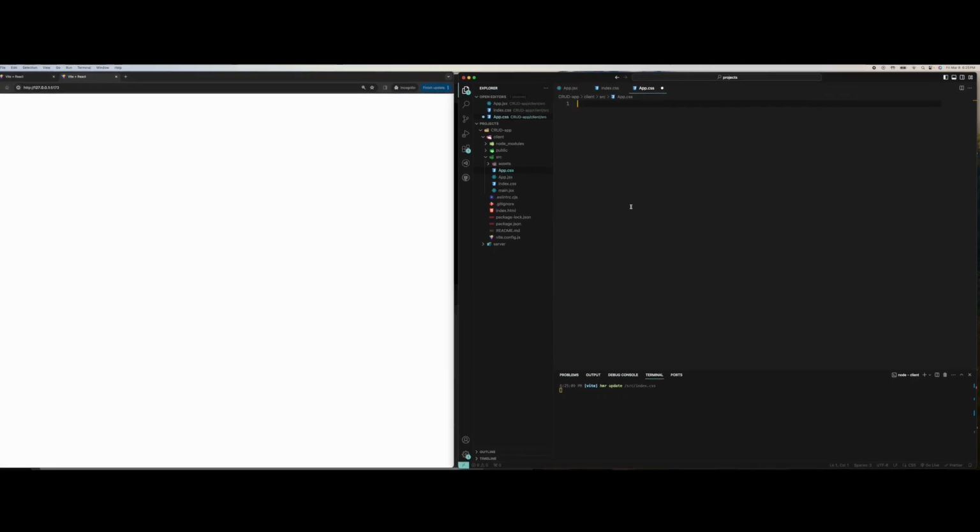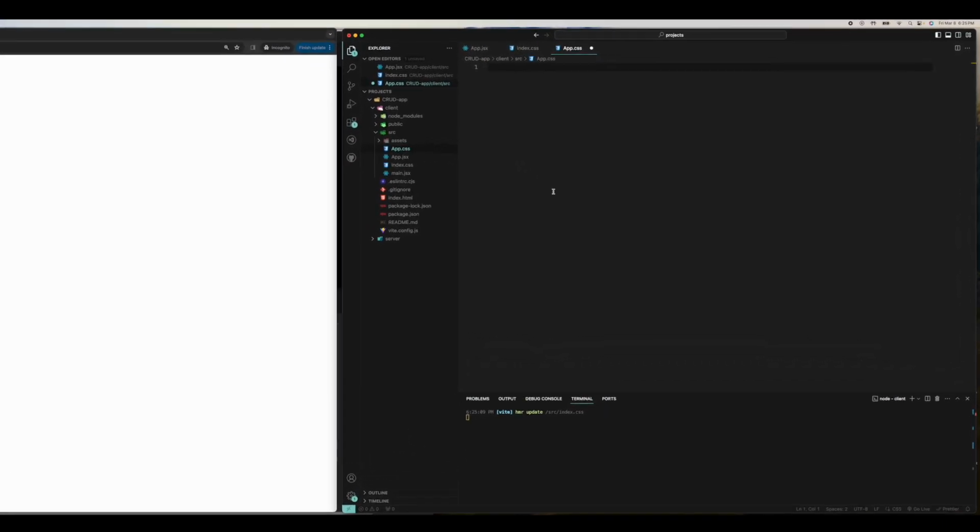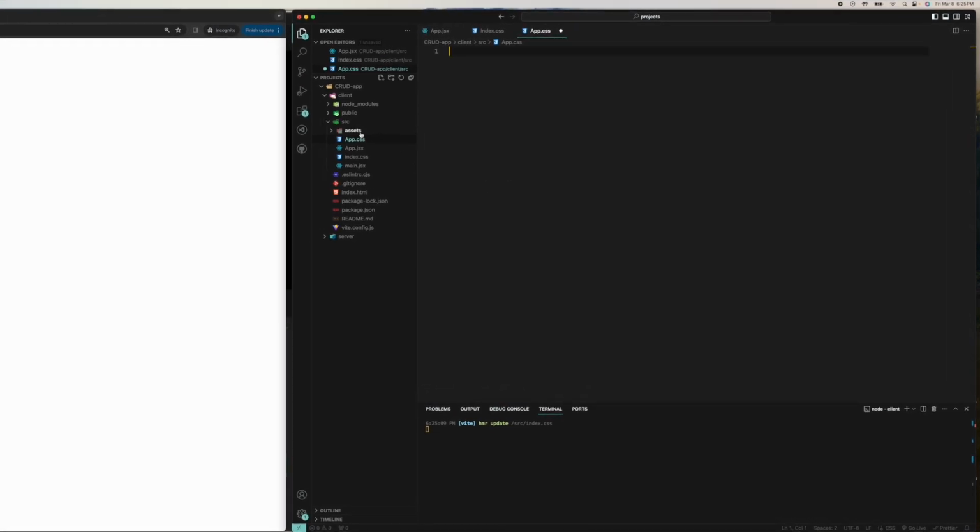All right, so we're going to start off by creating our add customer component first. Let's just create our file. Right click on src and then New File. Just name it AddCustomer.jsx. All right, so let's start off with const AddCustomer, and then for right now, we're just going to return